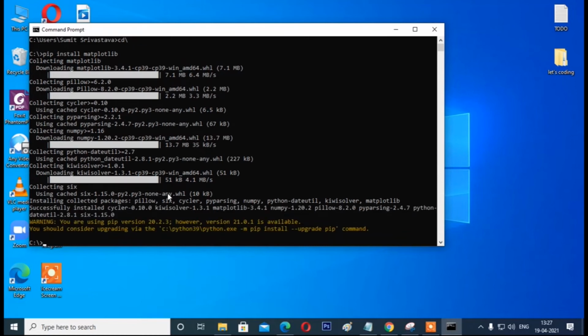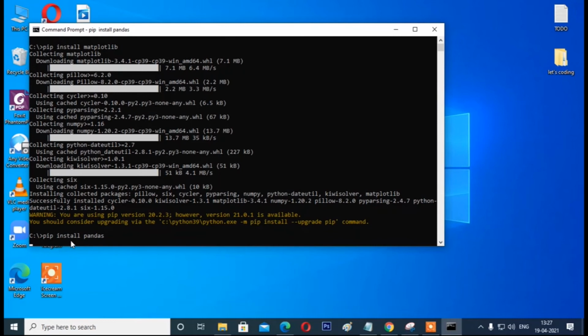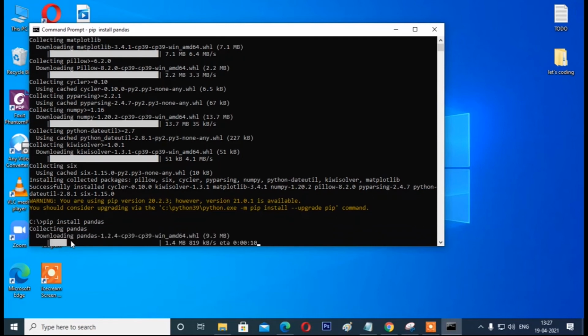In the same way, once it is installed, you can install any library. Like I am installing pandas, it will also be used in future. Pip install pandas. Hit enter. So it is installing pandas now.